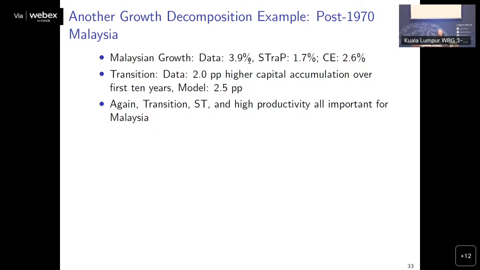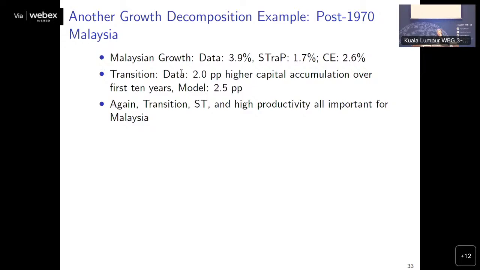Things aren't so great with this. The strap says 1.7%. Growth should be at 1.7%, so just a little bit more than in the US. Remember, the US was 1.6%. So we're not getting a ton of action. The strap's not predicting a ton of action. And the competitive equilibrium, the fact that there's a low level of capital, you get faster growth. So now the transition matters a lot more, because that initial capital stock is explaining a lot more extra growth than the strap.